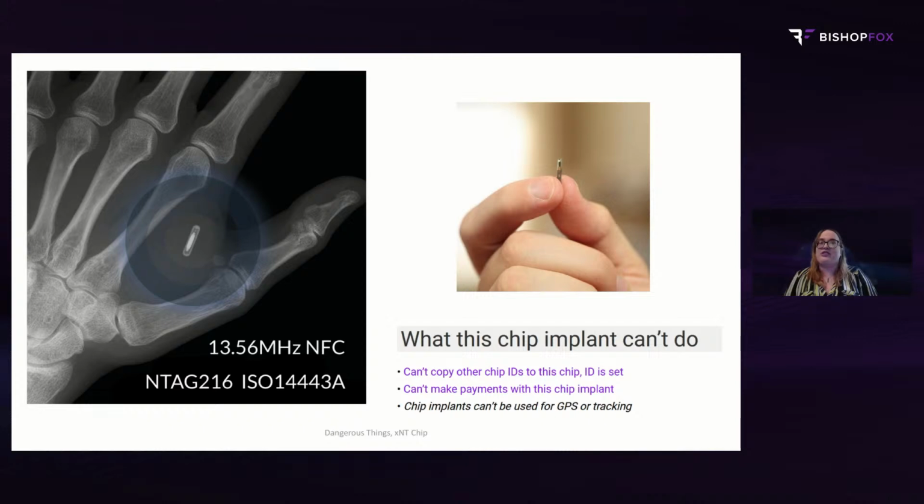The answer is no, for a couple of reasons. We just talked about the passive RFID. This is below your flesh, so there is a lot of interference. And again, the range is much, much, much shorter. So these don't realistically pose a threat. Neither do NFC. The one on the image is the NFC, and its range is so short that the 4 centimeters is realistically 1 centimeter or less.